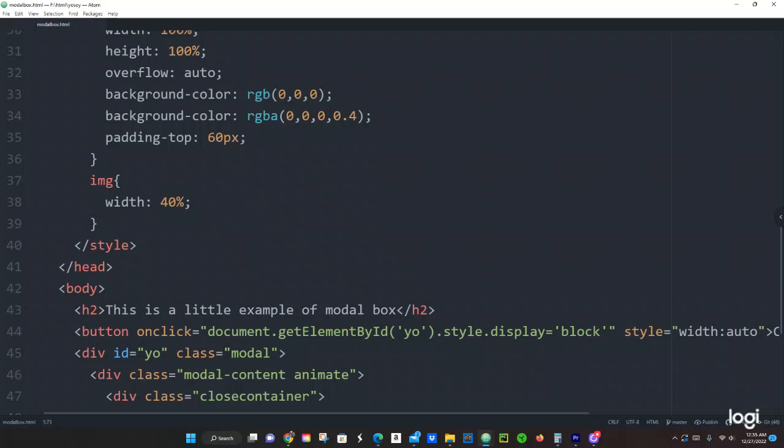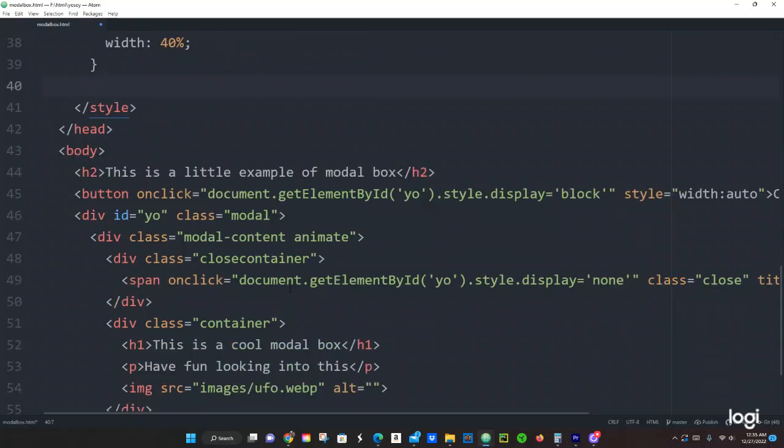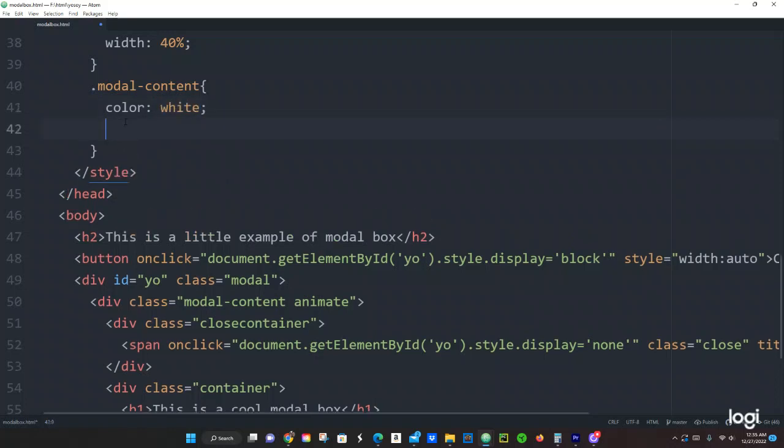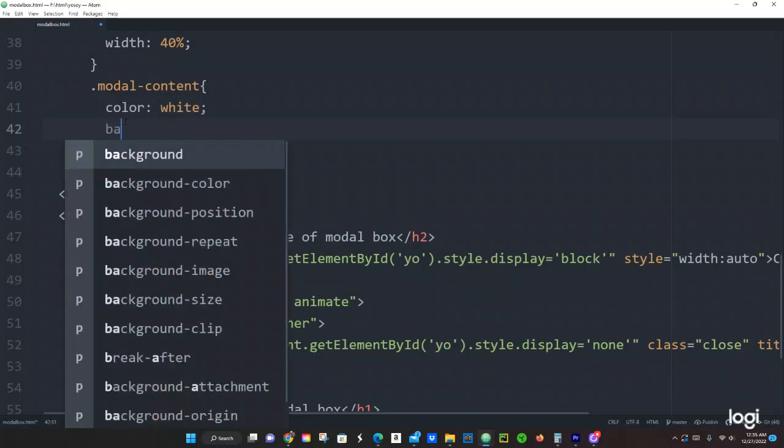Okay. Then let's target what we have now, the modal content. Yeah, let's do that. Modal content. Okay. And right here we want the color is going to be white, and then we want the background